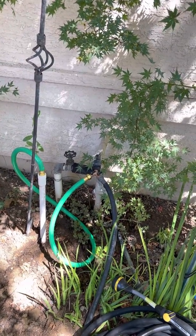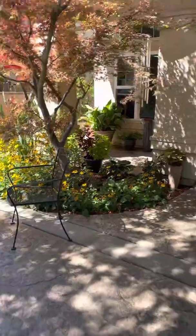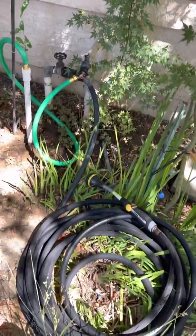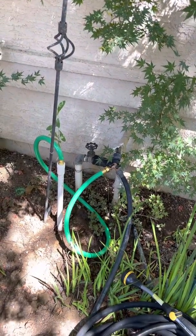The water's got to be turned on, and one goes to this faucet that's over on the side of the house, near that gate, and the other one is just for this big black hose that pretty much reaches everywhere else. But you've got to have it on, and then